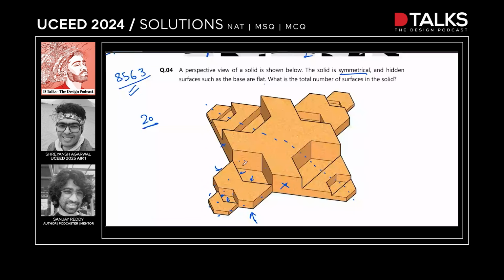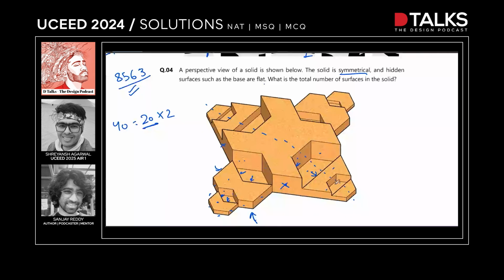And you know the same number of faces will be on the other side. So this is 20 times 2. So now we have counted 40 faces till now. Next, we'll count this particular subsection. So for that, 1, 2, the hidden face, 3, 4, this is 5, 6, I'm not counting this right now,